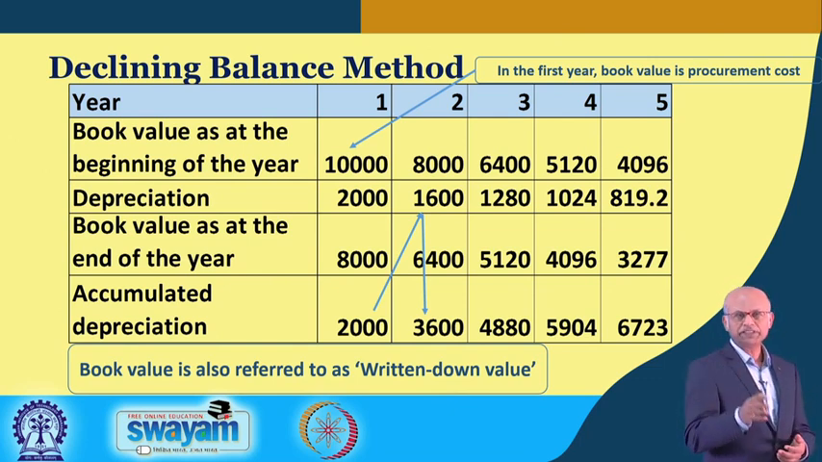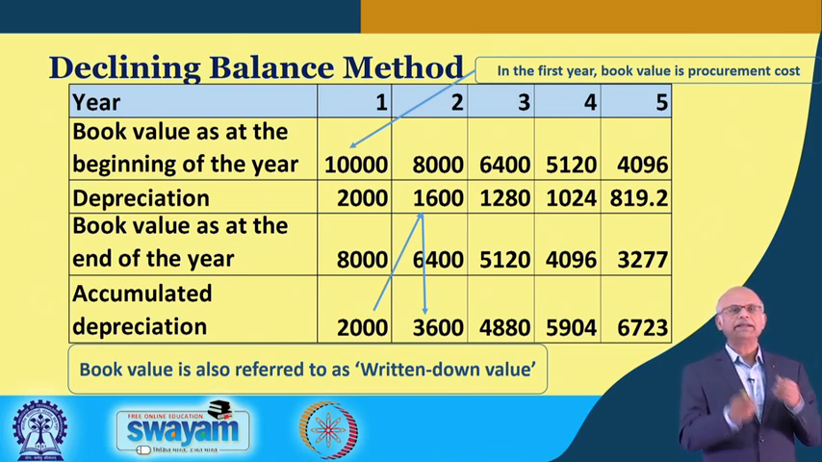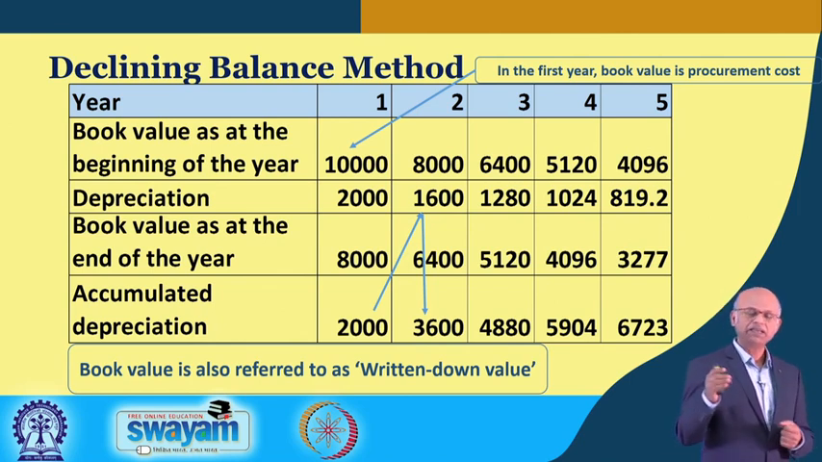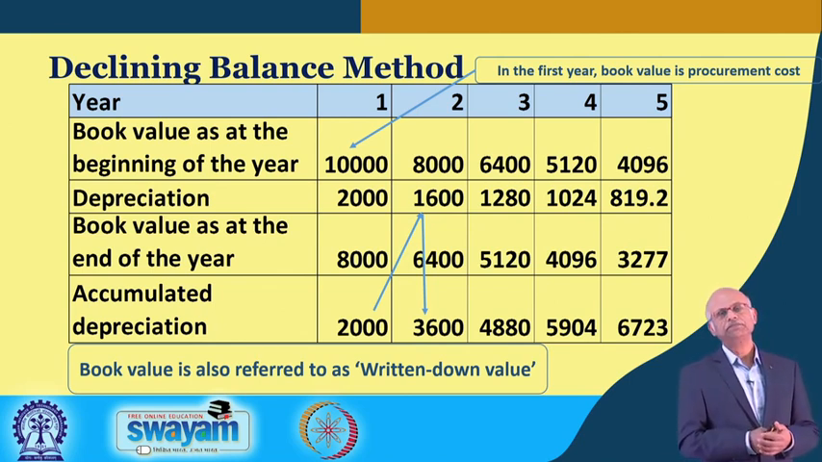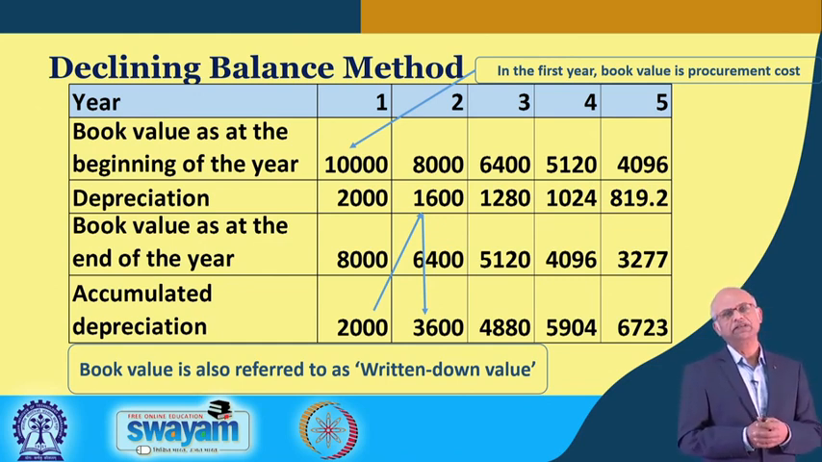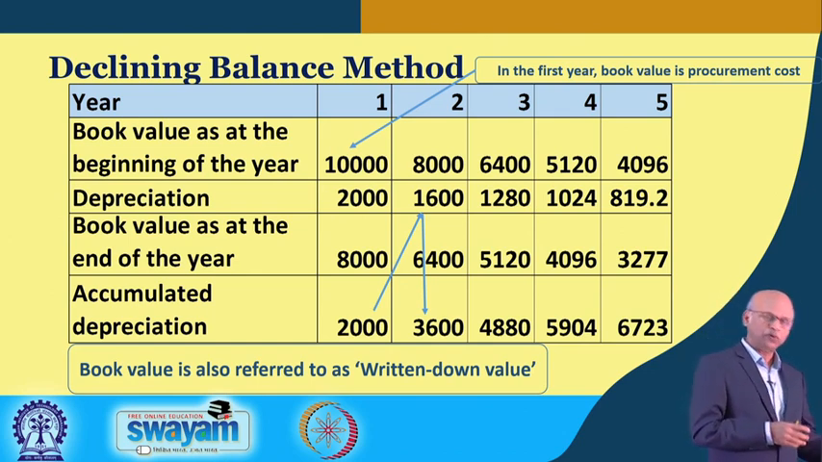You allow 20% depreciation, that becomes 2,000 rupees. 10,000 minus 2,000 is 8,000 rupees. So, that is the book value as on the close of business during this year. Whatever depreciation you have allowed so long, that is the accumulated depreciation. In the next year, your opening value of this fixed asset is 8,000 rupees, which was the closing book value last year,